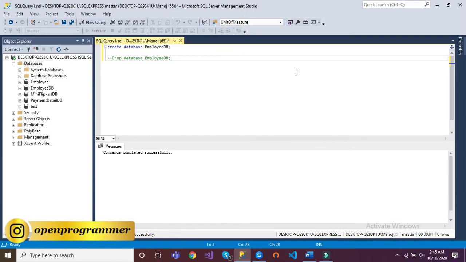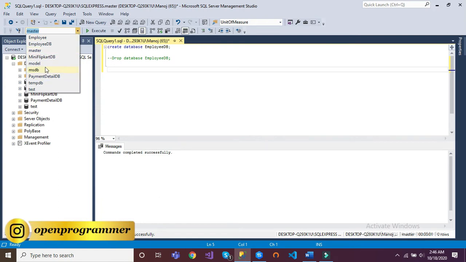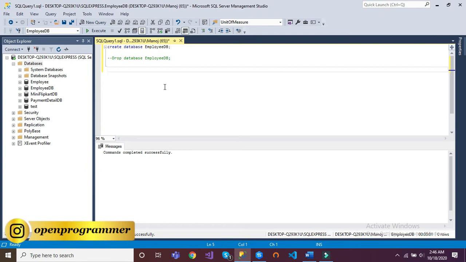So here it is. Now we come to how we can work in this particular database. Again, there are two ways. The first one is to go here. It will show the list of all databases. Select your particular database, like employee DB. So this is one way. Let me show you the other way through a query. For example, right now we are in the master database, and to switch we will write the command use and the database name.